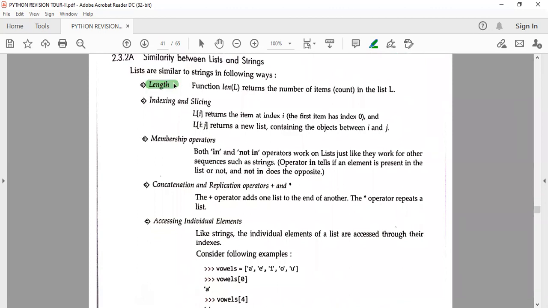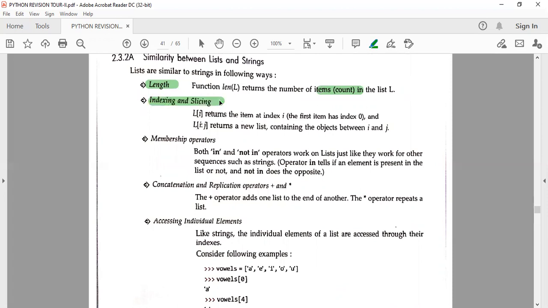We can find out the length of both the list and the string with the help of the len function. Simply, if I write COMPUTER and count it, there are 8 characters, so obviously the length is 8. We do not start from 0 here, because counting means we count how many characters there are. If it started with 0, the count would always come out one less. So we will not start with 0 here.